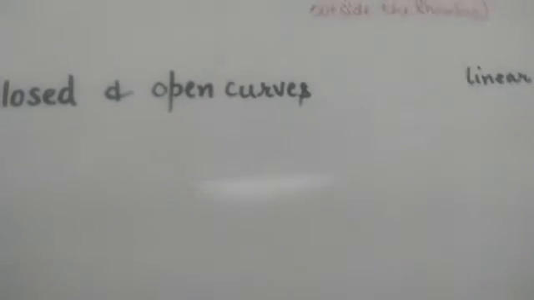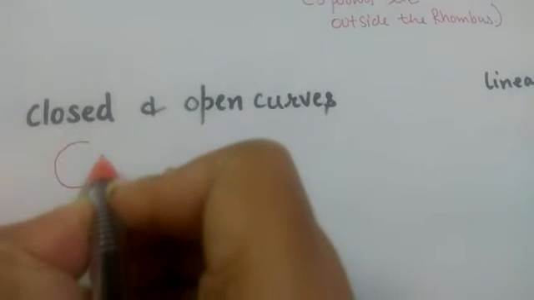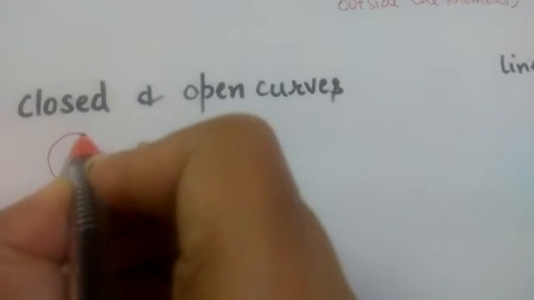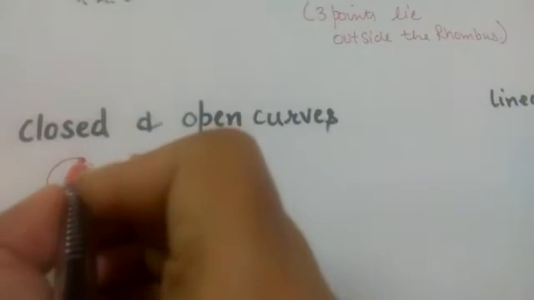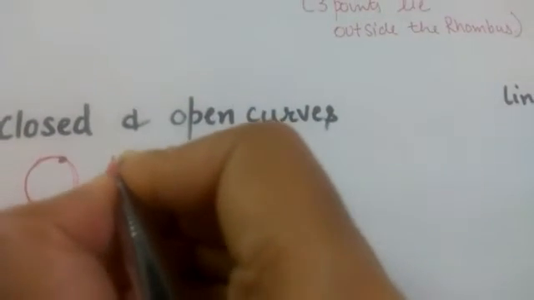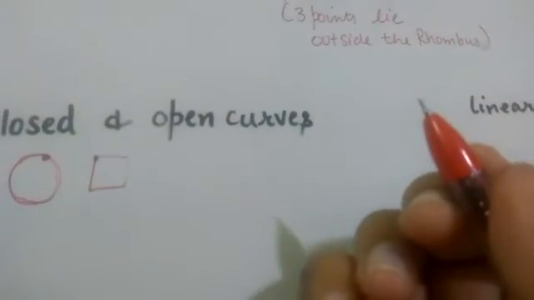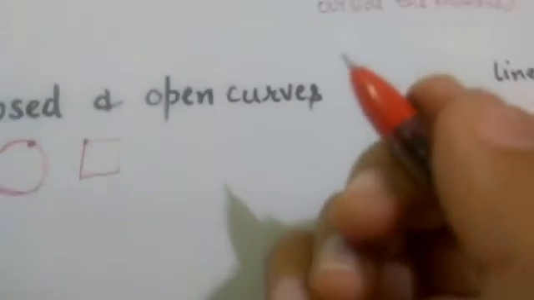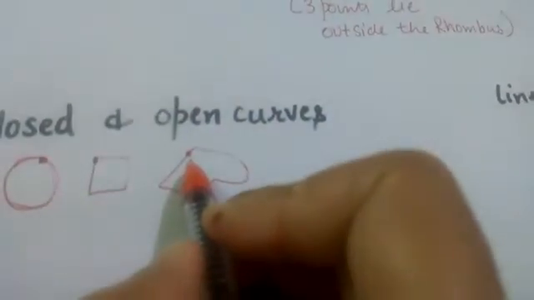Next is closed and open figures. This thing you have done in 5th standard also. Closed figure means whose starting and final point is same, means whose starting and ending point is same. I start this diagram here and I end this diagram here. Similarly this diagram also, I start from this point and end at this point. So that means this is a closed figure. Any other diagram, anything you can draw. Here also the starting point and the ending point is same. So that means this is a closed figure.